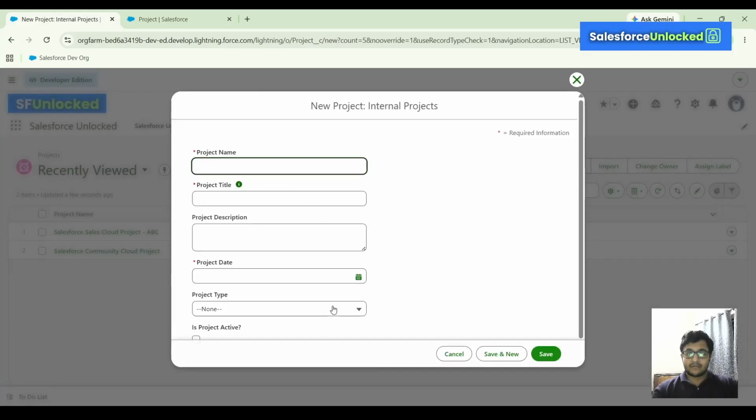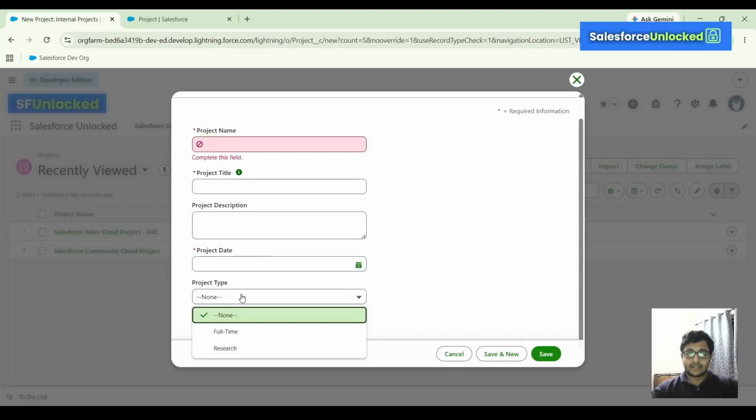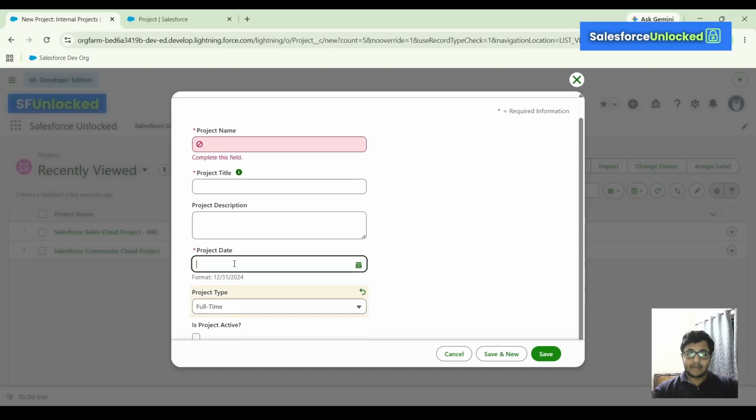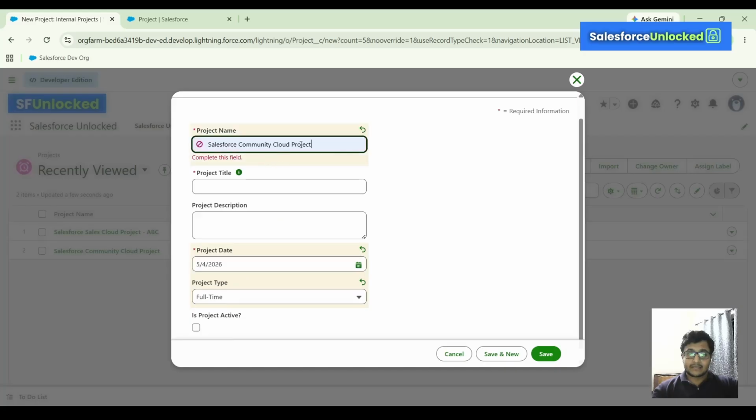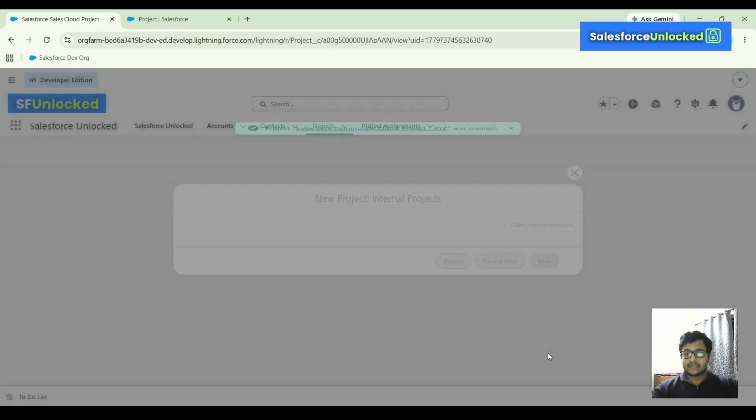I will click on save. And for internal projects, we have added project date and project type. So for project type, I'll select this. I will select the project date. Let's say I select Salesforce Community Cloud for XYZ company. I will add the project title and project description. I will select the is project active checkbox. We also added project end date, but project end date is not available on creation. So once I save this record,